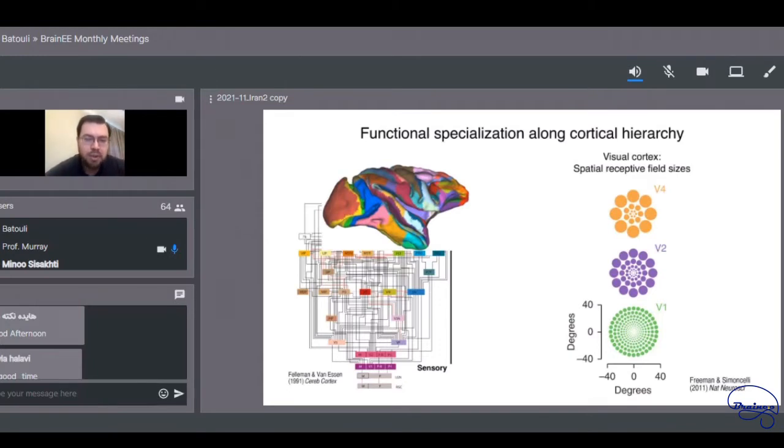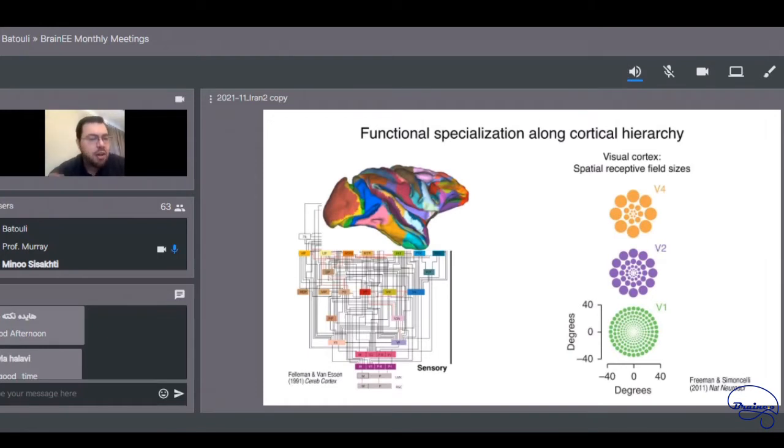And so if we look, for example, at the non-human primate brain, so this is a monkey brain, different colors are different cortical parcels. And one of the principles that we have for how these different regions pertain to each other is this idea of a cortical hierarchy, right? So this is a classic figure from Felleman and Van Essen looking at the anatomical connections between areas. And they were able to structure these areas from low-level sensory processing up to association level as a hierarchy, right? And so our question is going to be, what are the aspects of functional specialization that we see across the hierarchy, and how does that relate to the local properties of these regions, right?